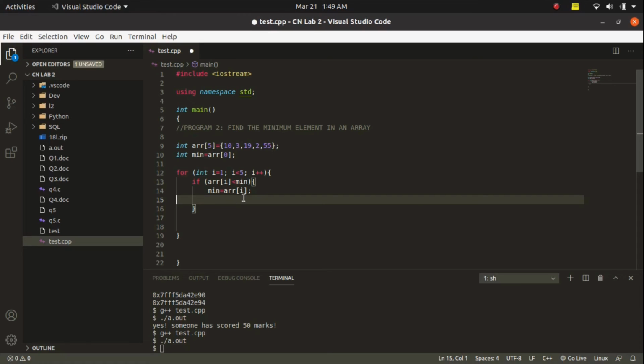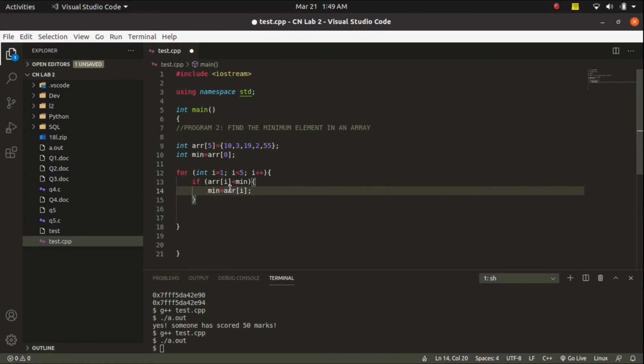So if our current value in the array is less than our predetermined value, which is also changing as the code executes, then we change the minimal value. But if the current value in the array is not less than the minimal value, then we do nothing with the minimal value, else do nothing. But we don't have to write that, as the else is just given by default. If we have to do nothing, then we don't have to tell the program to do nothing.